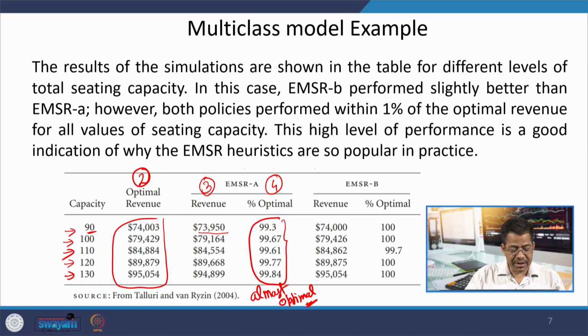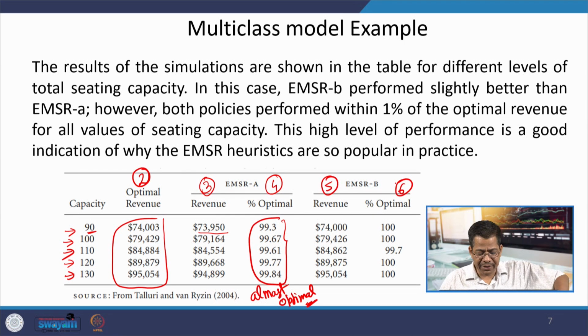99.84, that is the seat capacity is 130. So, your revenue in the optimal case is 95,054, and if it is EMSR A, if you use that protection label, it is 94,899. And now come to column 5 and column 6, and in column 5 and column 6 we are using